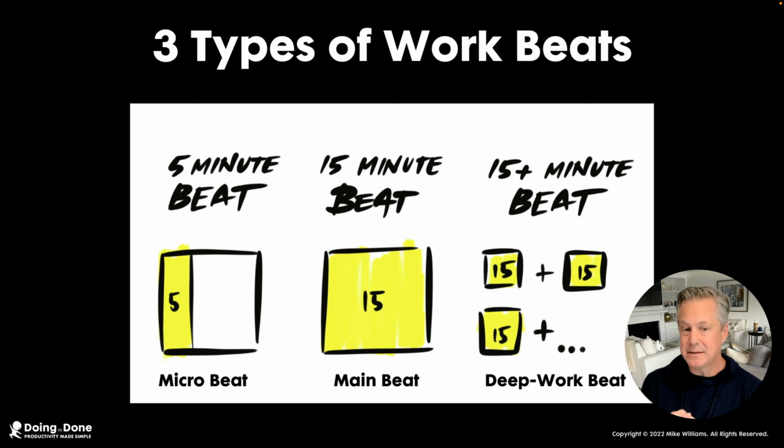What I call the main beat is I realized there's so much good work that can be done in a 15-minute duration. Just so happens there's 4 packets of 15 in an hour. And when I work with people, most of the Doing to Done exercises and practices are either 15 or 5-minute beats that can really hold a lot of really good focus and intention for people and help them close a loop. And then there's a deep work beat.